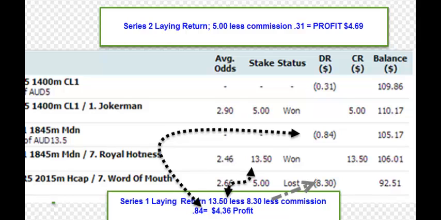Okay, here we are. This is the Betfair summary on the lay side of it. So we can see the first one, word of mouth. As you know, word of mouth won the race. So it was a losing lay for us. So we lost 8.3 because our intended target was to win 5. So we lost 8.3. Okay. So in the next race, Royal Hotness, we staked 13.5 to get our $5 profit from the series. That horse lost the race. We won the bet,